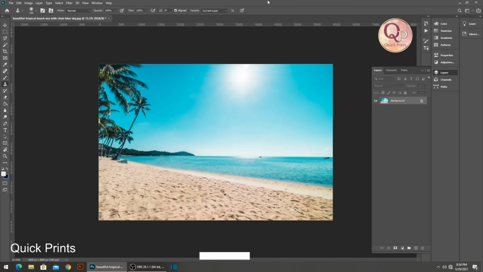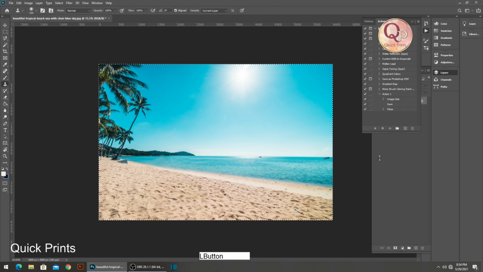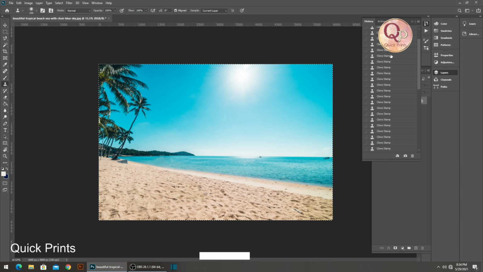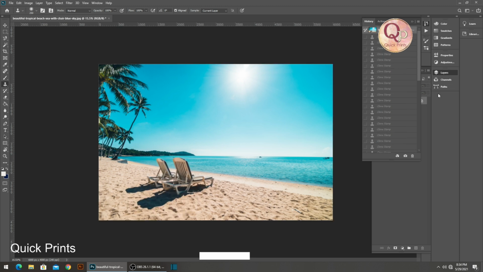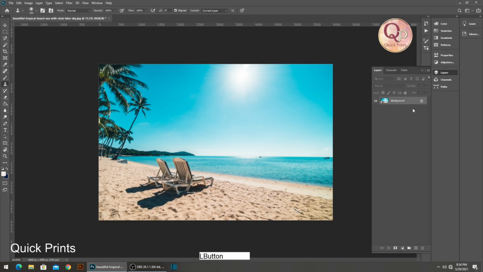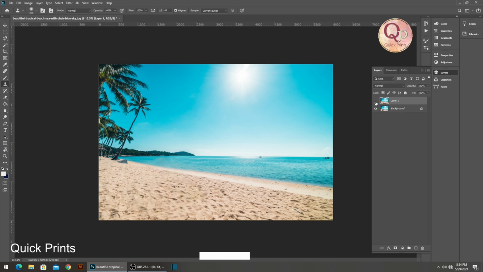Let me show you with the previous before and after. Control A, Control C, I have copied the whole image because I forgot to take a duplicate layer before working. Then let me go back to the original image by clicking History and going to the top. So this was the original image, and now I have to paste this copied element as a layer, Control V. Now, as you can see, before and after, before and after. Hope this video is making clear sense to you.